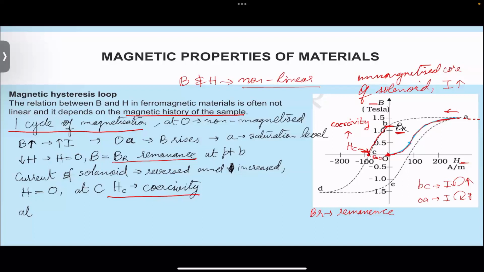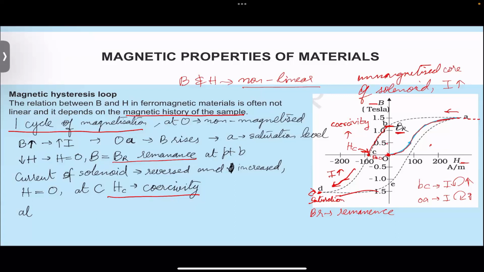Now the reverse current is again increased in magnitude. This curve is a mirror of the earlier curve, but in the opposite direction. Again you increase the current until you get saturation. So at point D, you again get saturation. The curve CD depicts this increase in the current